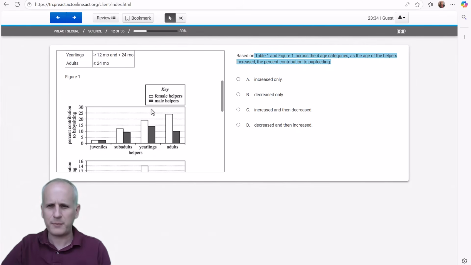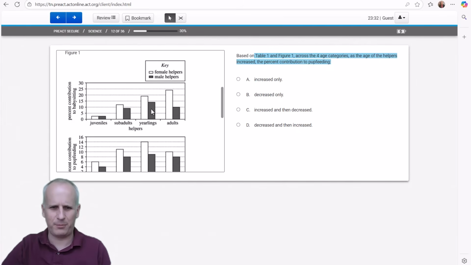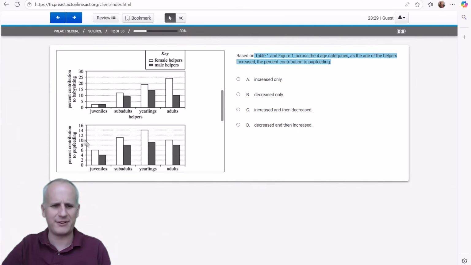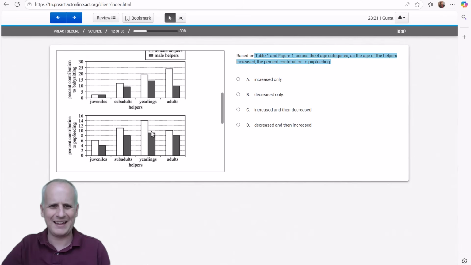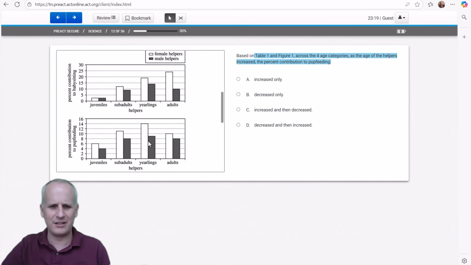And then we're looking for the age of the helpers' contribution to pup feeding. I can see that here in the second figure. For the juveniles, subadults, and yearlings, it keeps on going up. But then once you hit yearlings, it goes down a little bit. So it increased and then decreased, which gives us our correct answer, choice C, and we move on to the next